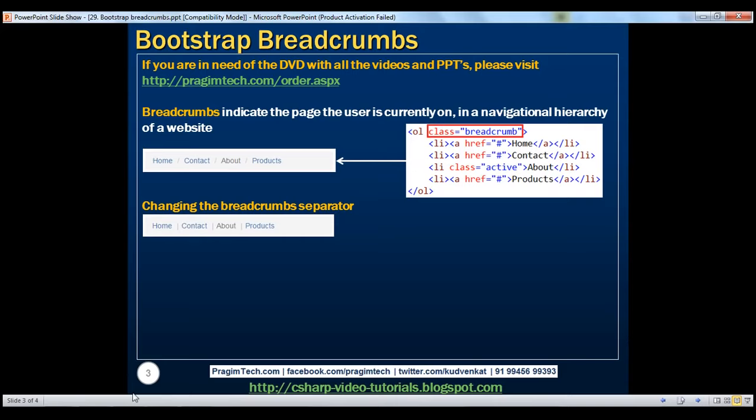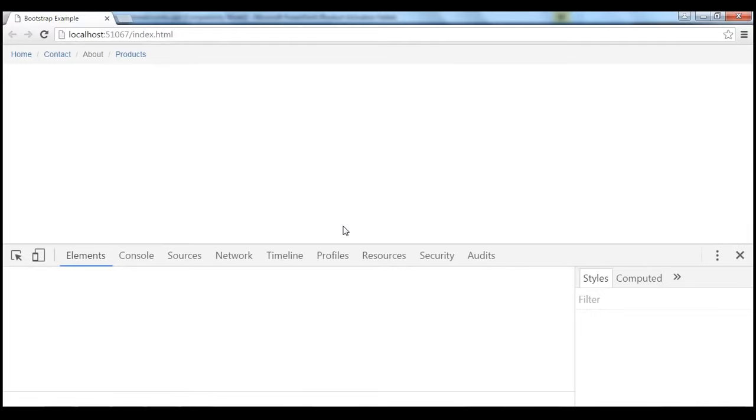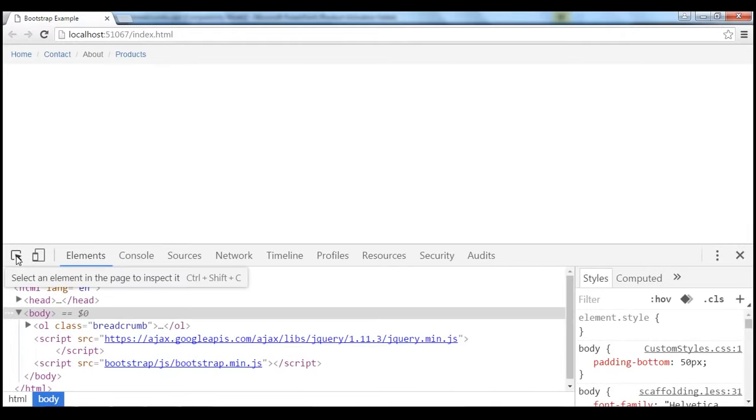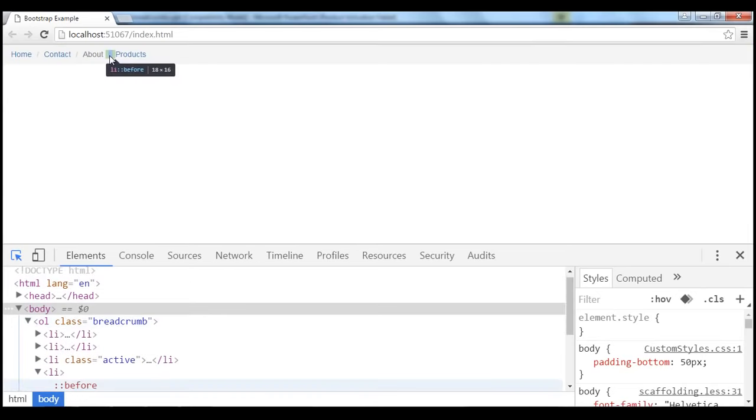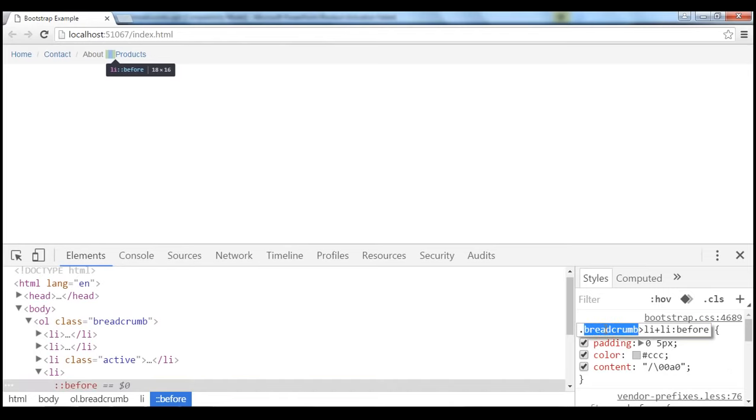At the moment I'm using Google Chrome, so I'm going to press F12 to launch the developer tools, and then I'm going to click on this icon which says select an element in the page to inspect it. Now what we want to do is identify the CSS class that's being used to style this separator, that is the /. So I'm going to click on that. Notice what happens the moment I click on that. Under Styles tab we can see the CSS classes that are being used to style that /. So we are after this class breadcrumb li before, so I'm going to copy that,